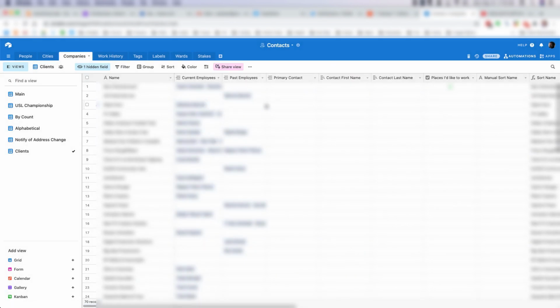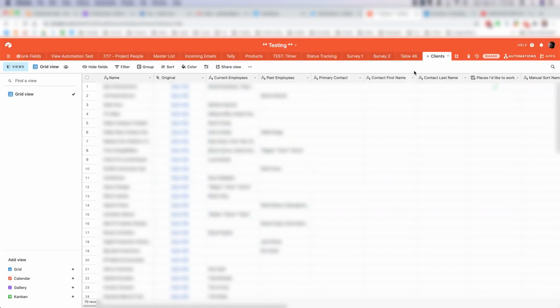I can add new fields, I can edit the data over here any way I want to, go back in here, sync it up. The new fields come across and they may be hidden, so we may have to unhide them if they're hidden right away, but your data is all coming across beautifully. This is a great way, contacts are a great example of this, to have one source for all your contact information and then sync that into any other base where you want to have access to your contacts.